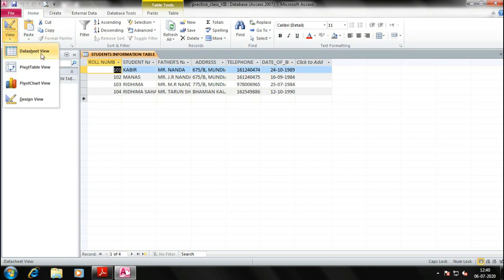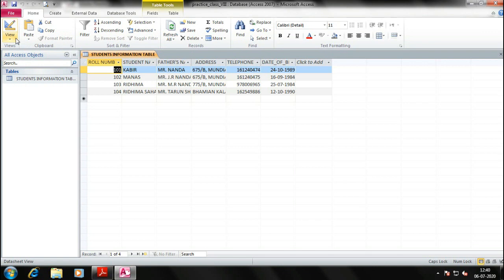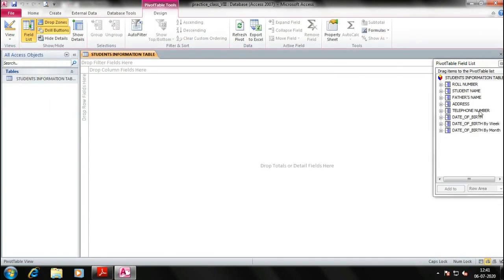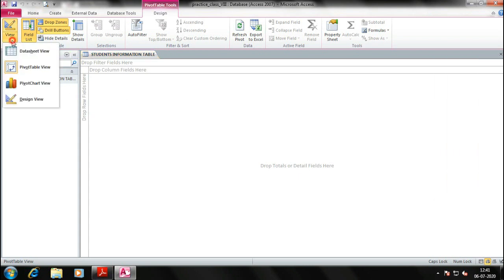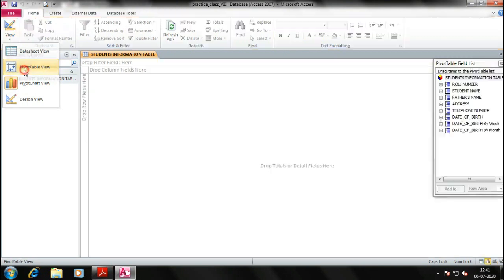You have data sheet view. This is design view. This is data sheet view. Clicking on design view, clicking on data sheet view. Okay, I told you there are four. This is a pivot table view, right? And another one is the pivot chart view, right? So let me show the pivot table view here.